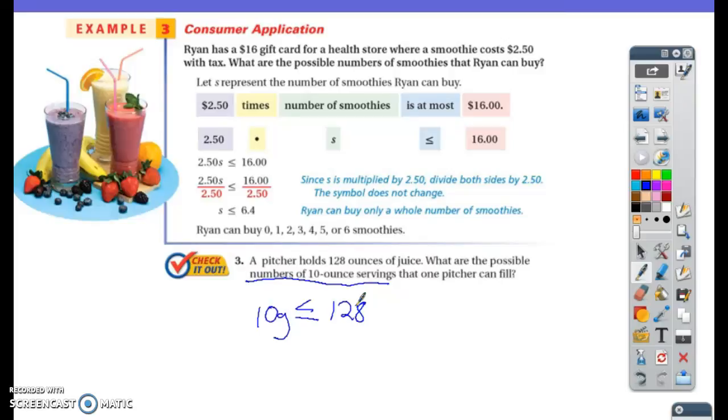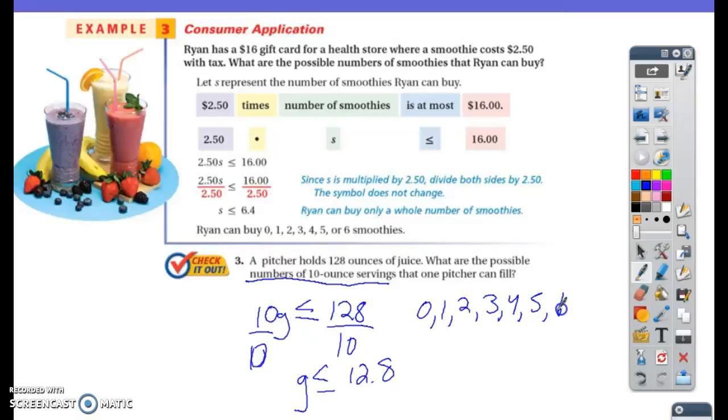So therefore, you can solve for G, and you've got G is less than or equal to 12.8. So that means you can hold anything that is 0, 1, 2, 3, 4, 5, 6, 7, 8, 9, 10, 11, or 12 ounces of juice